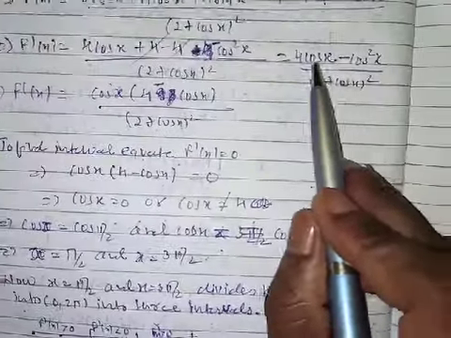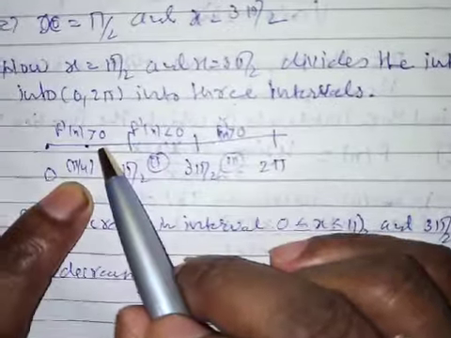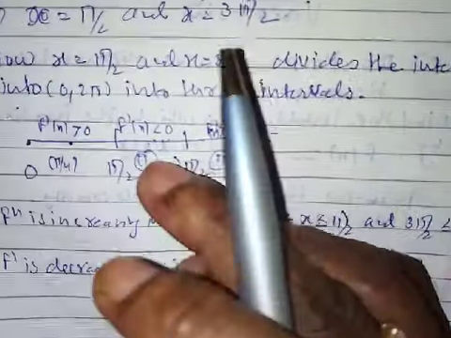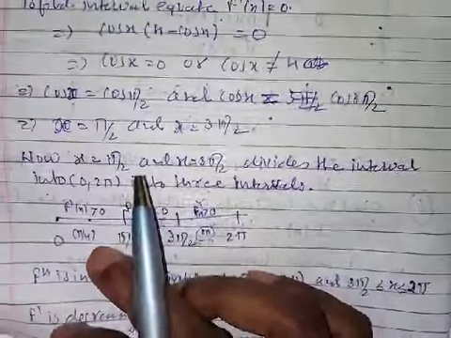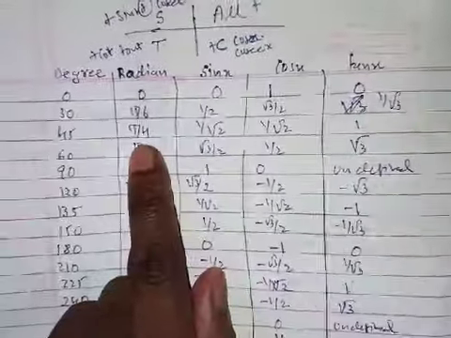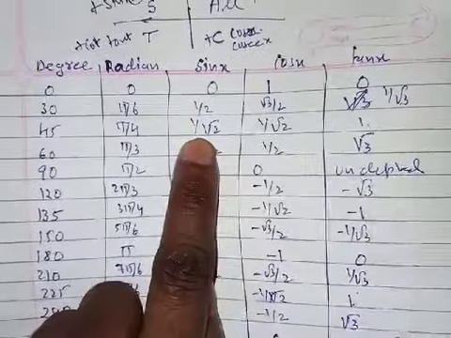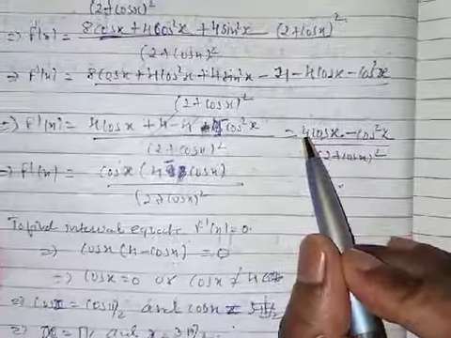Here also it is a square, so if you subtract it, you will get something greater. So f dash of x is greater than 0. Do you know what is the value of cos pi by 4? Here again, the same chart I will show you: pi by 4. What is that? 1 by root 2. See, pi by 4 means 1 by root 2. So it is 1 by root 2.